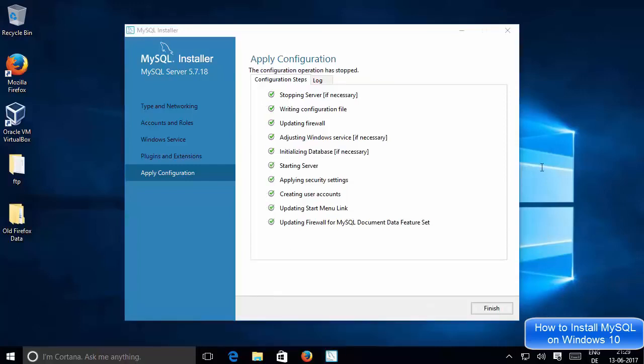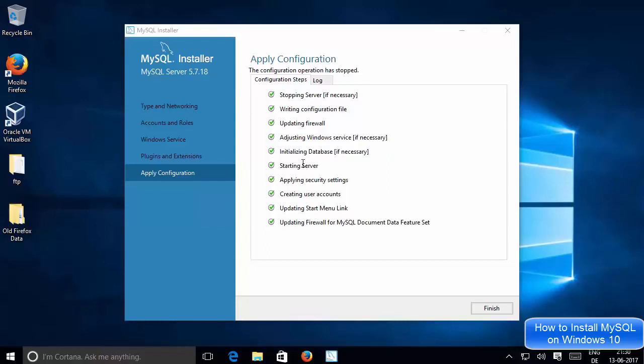So now the configuration steps have been completed, and let's see what the configuration steps are. So it was stopping the server if it was running, then writing the configuration file, updating firewall, and then adjusting Windows service if necessary, initializing the database, starting the server. So it has already started the MySQL server.